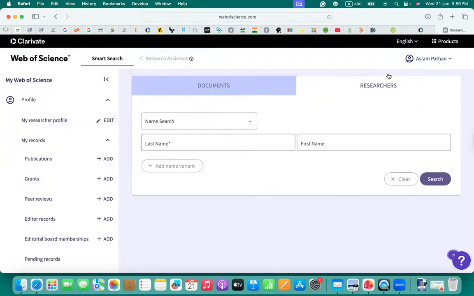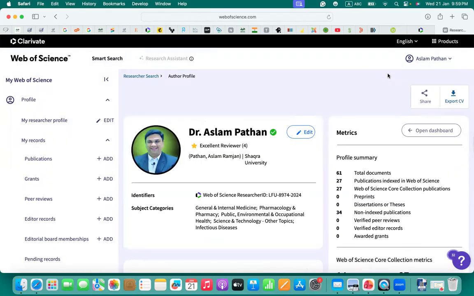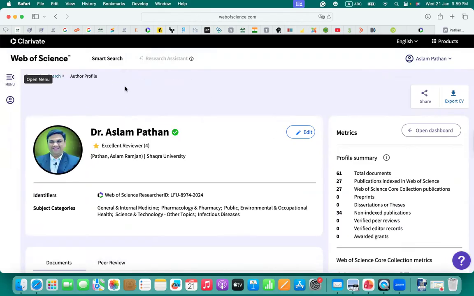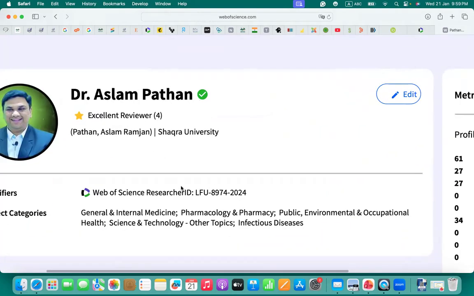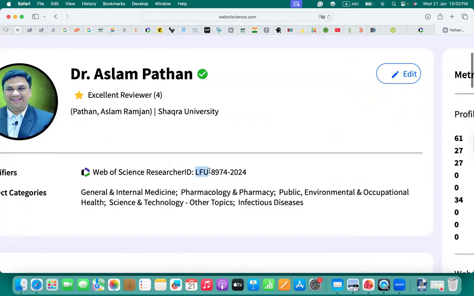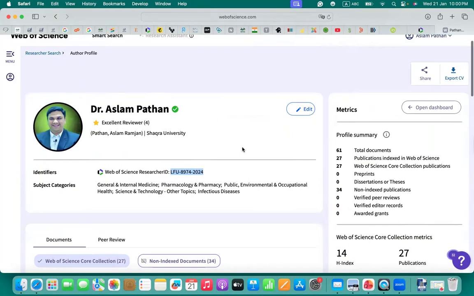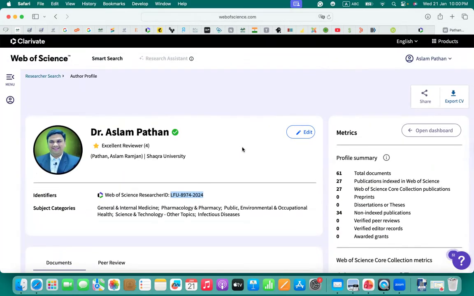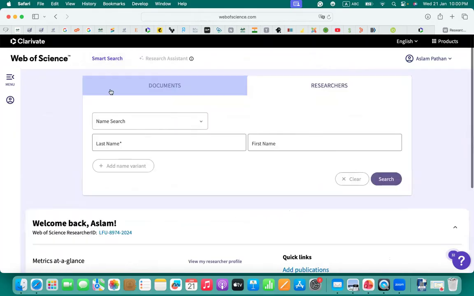This is the profile page after login. This is the Web of Science researcher ID. If after login you are not able to see your profile page, then you need to click here, smart search,